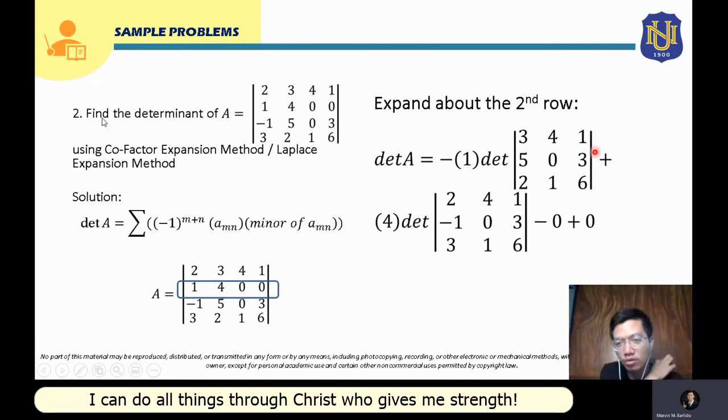And also, proceeding to the next element, that is 0. No need to solve for this element, since if it is multiplied by its cofactor, it will just also be 0. And same for this last element. So it will just be 0. So from here, it will be a shorter solution since we chose the row or column that has many zeros, so it will be easier, no? So from here, we can now solve the determinant of this 3 by 3 matrix